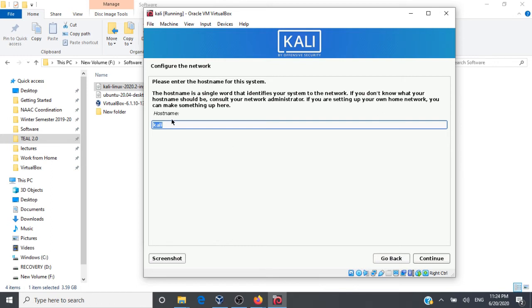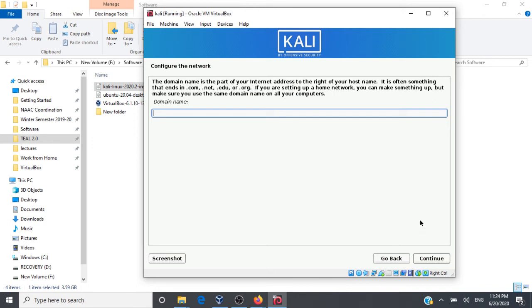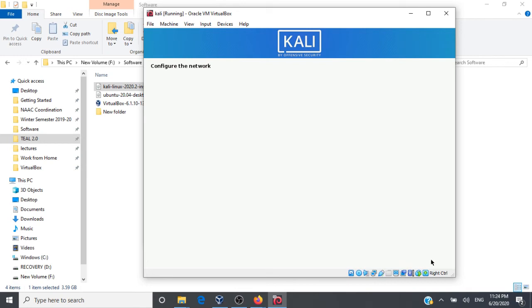And then you can give your host name here. I'm going to leave it as Kali. Click on continue. And it's asking you for the domain name. For now, we'll leave it as blank. We'll click on continue.